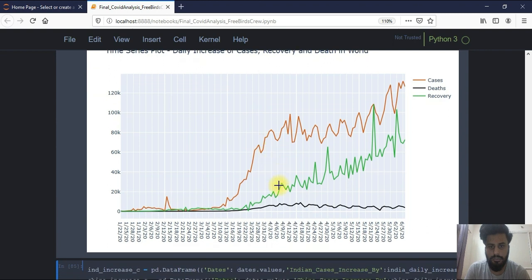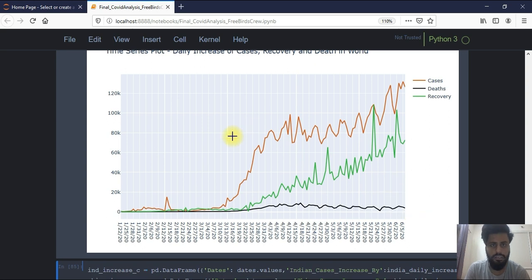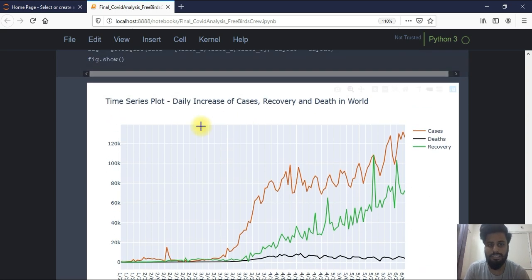Now as you can see here, this is the cases. Cases are fluctuating day by day, but it's still increasing, and recoveries are also increasing day by day, but the deaths are, I think, decreasing now, and yes, it's decreasing. As you can see, it's decreasing from 5,000 to 3,000. So it's good news that the daily increase of deaths is decreasing.